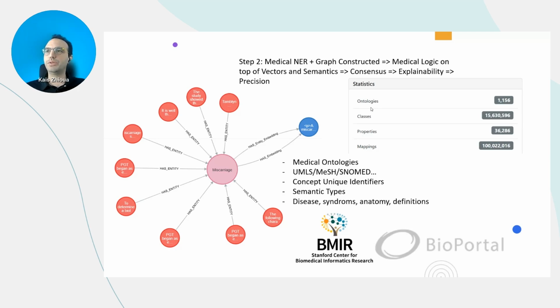And with the creation of the UMLS and the concept unique identifiers, we can now have a clear classification and also relationships between different ontologies. This is thanks to a lot of work, including Stanford Center for the Biomedical Informatics and Research. And so now we can find inside all the different chunks what the entities are, but also their CUIs, their definitions, the semantic types, and then move from one ontology to another.